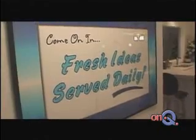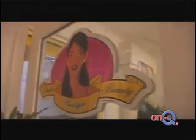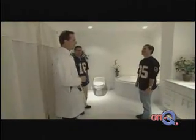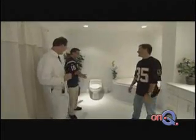This is where fresh ideas are served daily. All kitchen ideas, I guess? Yes. This is the health and beauty set. You guys probably don't come in here to go to the bathroom now. In order to keep everything clean, there's no water, but we're just waiting for, just like in a Home Depot, I'm sure there's been a few used. If one of those kitchen taste tests goes bad, then...